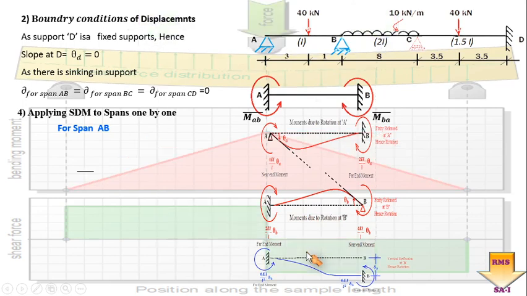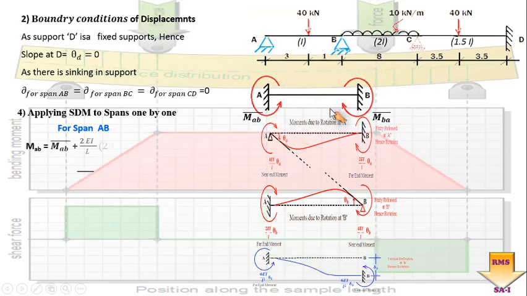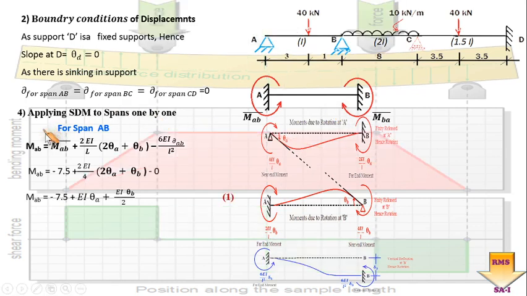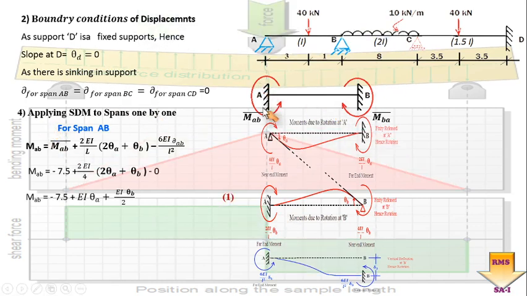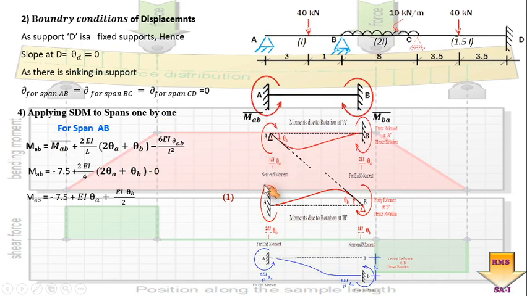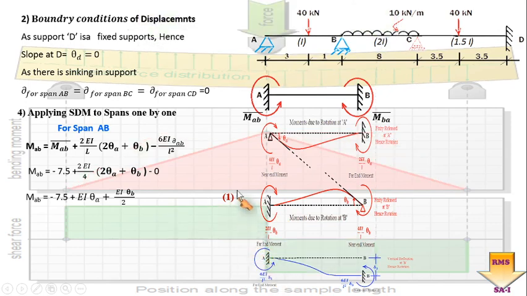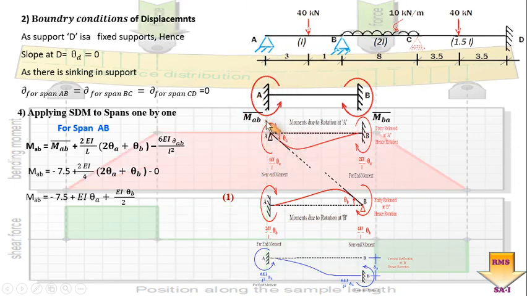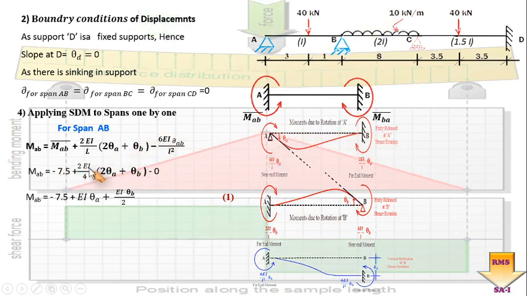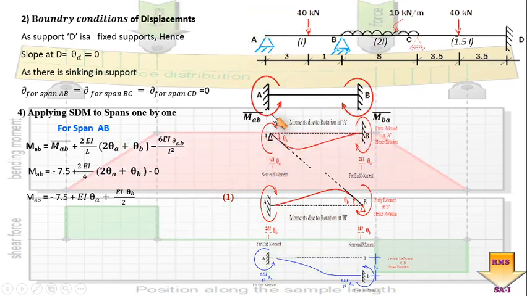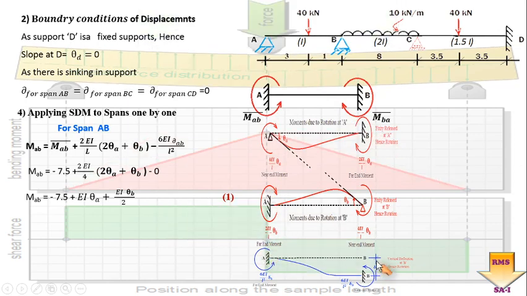So this is the understanding of the various effects to be taken into account for the development of the governing equation for span AB. So this is what we have as the governing equation. In this I have considered everything: MAB bar plus 4EI by L theta a plus 2EI by L theta b, and then 6EI delta by L square, and you can see the directions of those rotations. This is anticlockwise, so here it is taken as anticlockwise, this 4EI by L, and here it is plus, clockwise, because it is clockwise. Is it okay? And similarly we are going to identify the sign convention to be chosen for the various induced moments due to the rotation and the sinking effect.